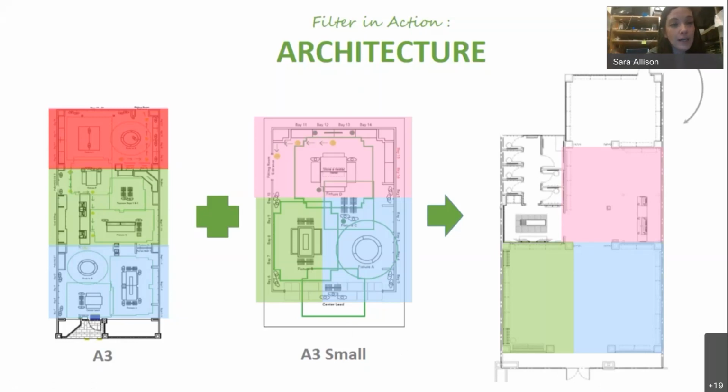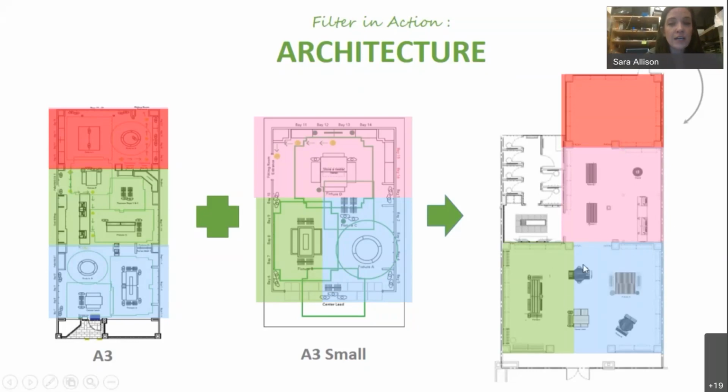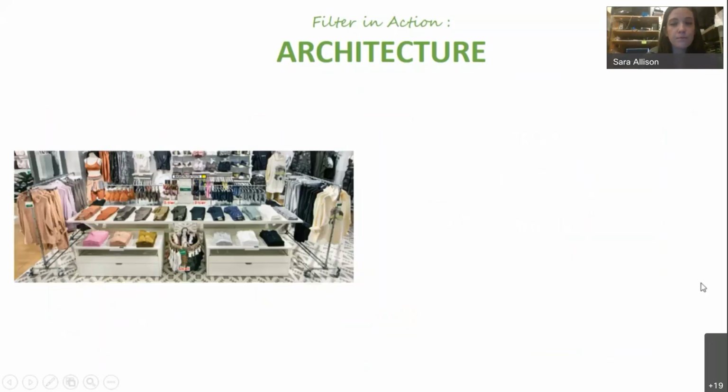So I'm still, again, going back to that brand direction filter, making sure that I'm checking all my bases for any direction from the brand to guide me. And then I'm able to fit all of my shops and my clearance into my space. So then the only other thing I would have to make sure is that all of my tables are adjacent to the correct shop. So I may have to do a little maneuvering around of where things are placed to make sure that all the right tables are by the right walls.